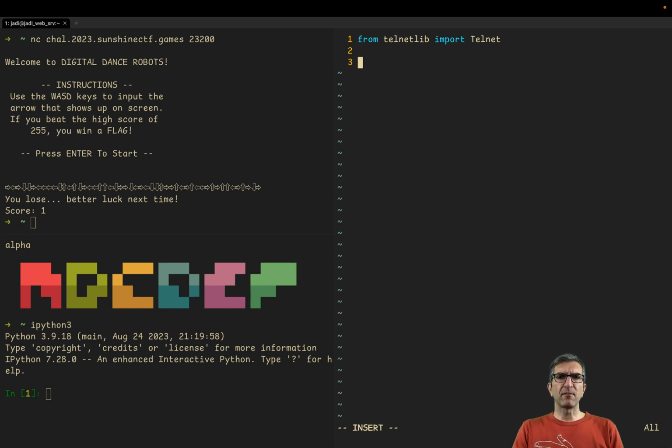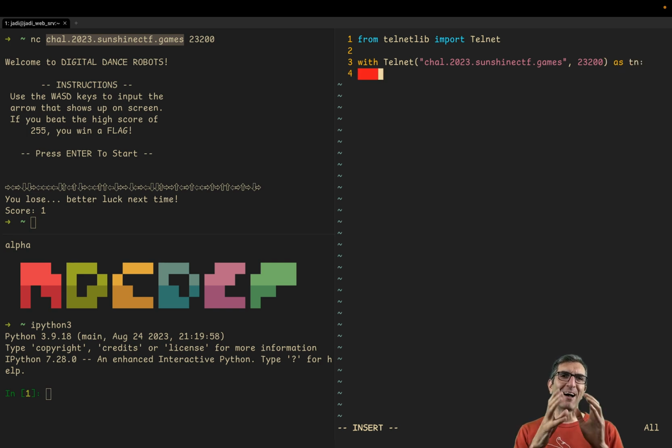And then we say from, sorry. With telnet, normally in a better programming world, you have to create variables for this, but we are having a challenge. We should be fast. I tried to have first blood here. First blood means I would be the first person who solved this,